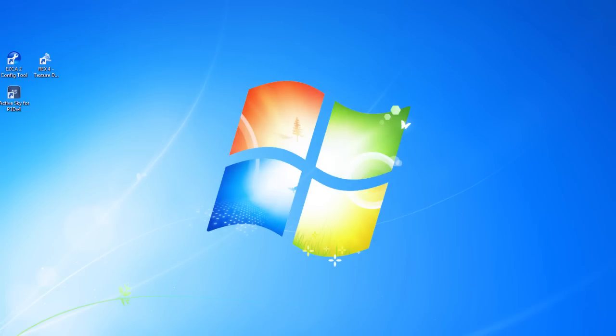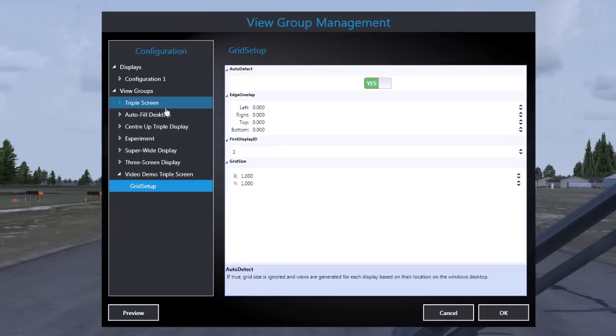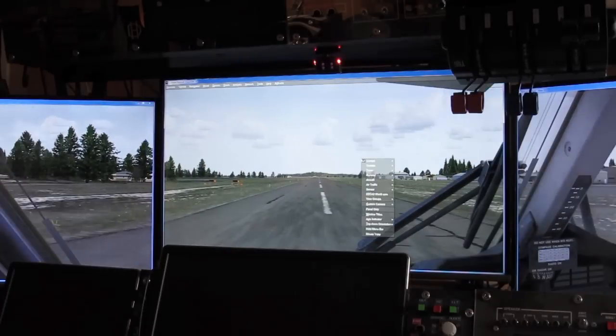And just to demonstrate that, we don't have to fill anything else in here. So if I OK out of that, and if we right click and go to view groups and select our new video demo triple screen,